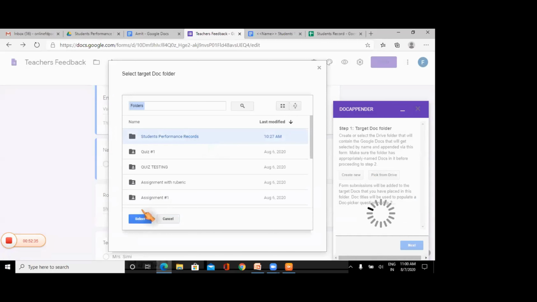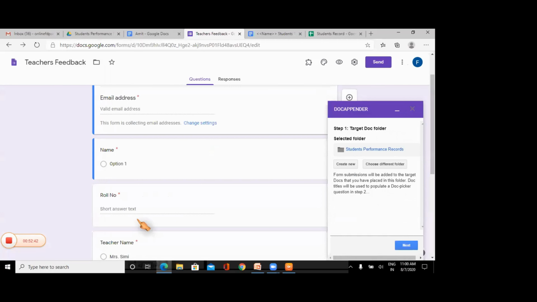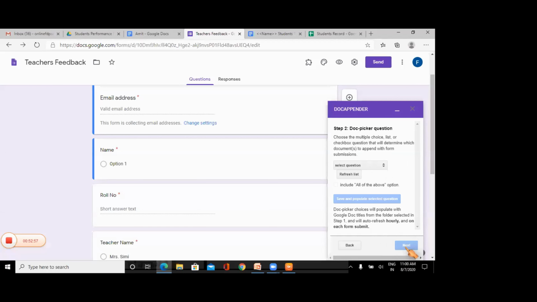So this was the folder we have created. We just have to click the folder, click select. Then you will get this screen and this button at the bottom. So you just have to click next.